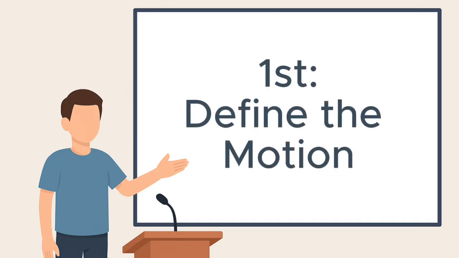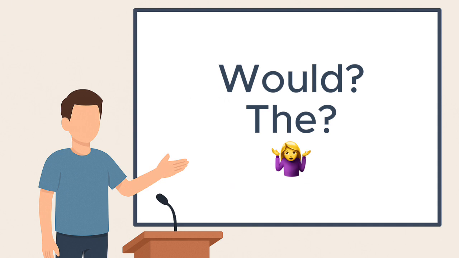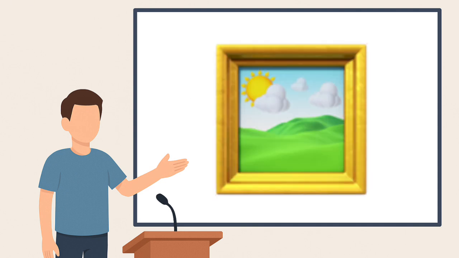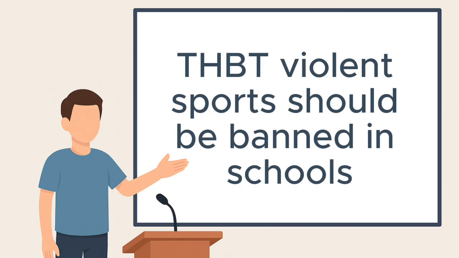First, it is always important to define the motion. This could mean a range of things, the main one being that you explain what keywords in the topic mean. You don't have to define obvious words like would or the, but make sure you paint a picture to clarify what important words mean. For example, if the motion is that this house believes violent sports should be banned in schools, it would be very helpful for the debate if you defined what violent sports are and gave a few